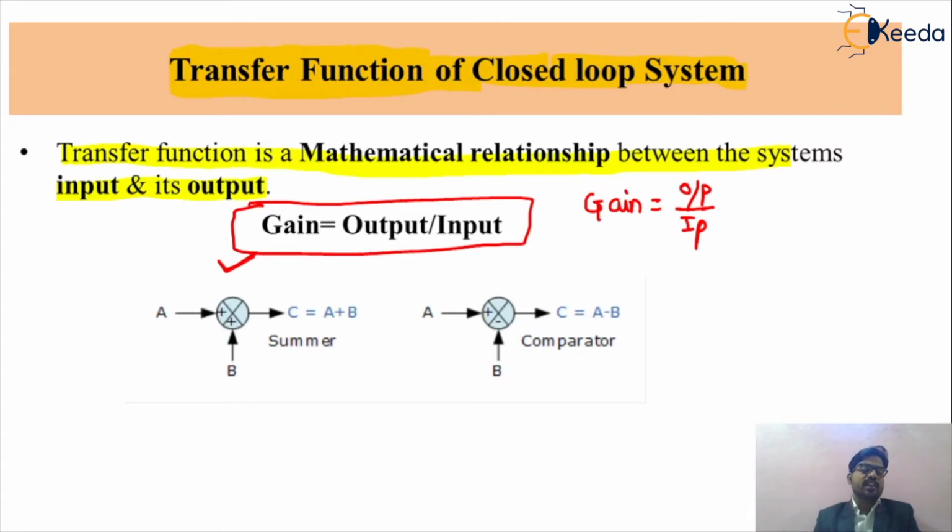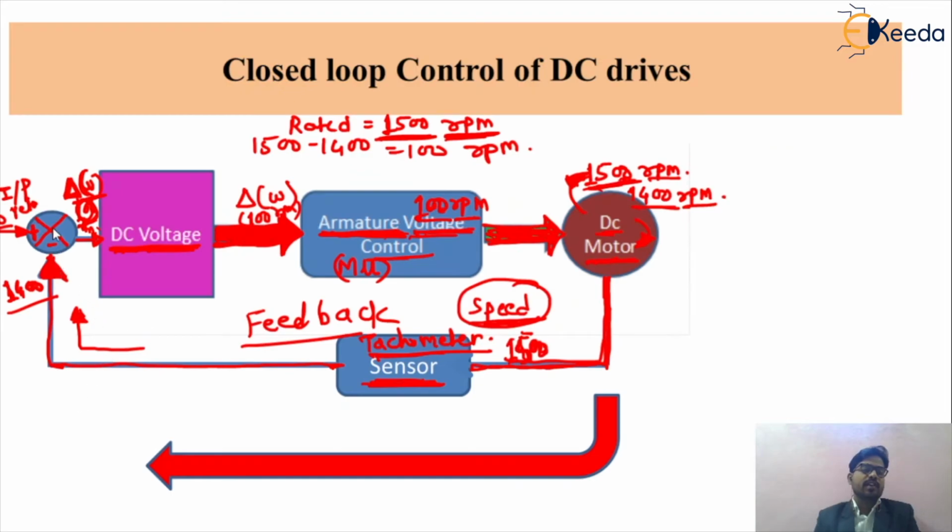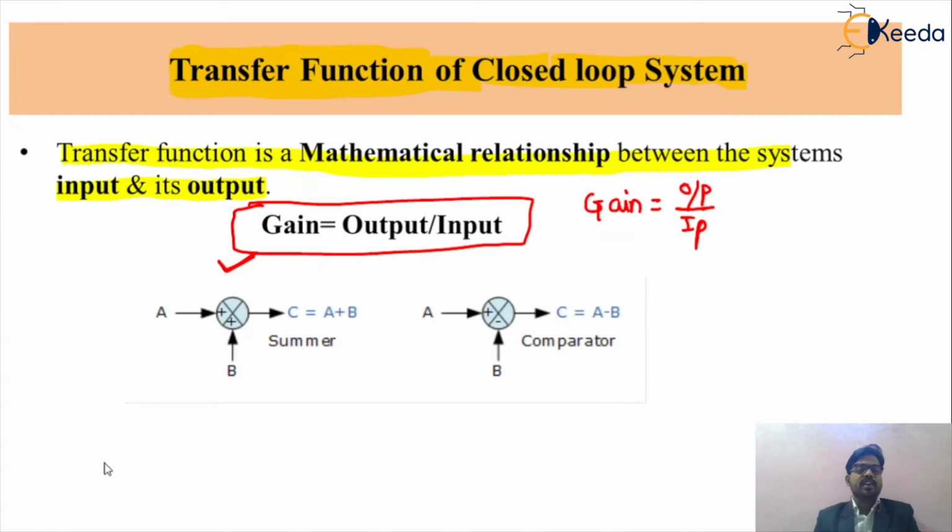We use these summing points at the start of your closed loop control system. This is called a summing point. There are two types of summing points, so let us understand the difference between them. Suppose this is the first summing point, in which we are getting positive values. Positive means this is the input signal and this is the sensed signal. If the input signal and sensed signal are both positive,